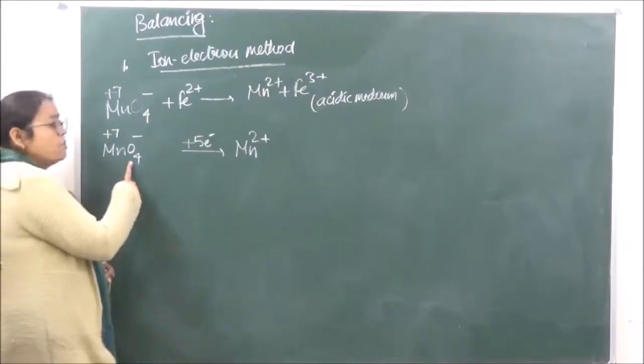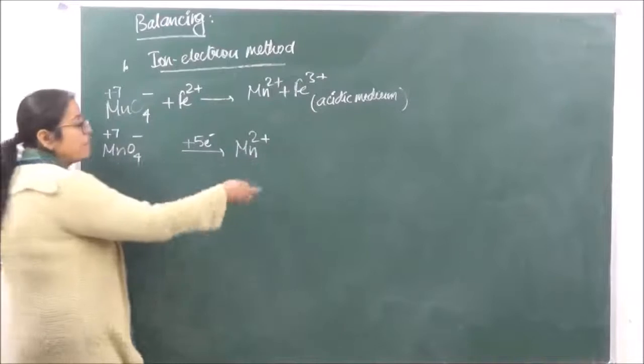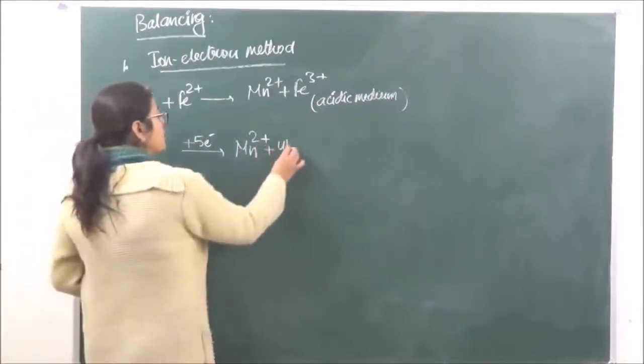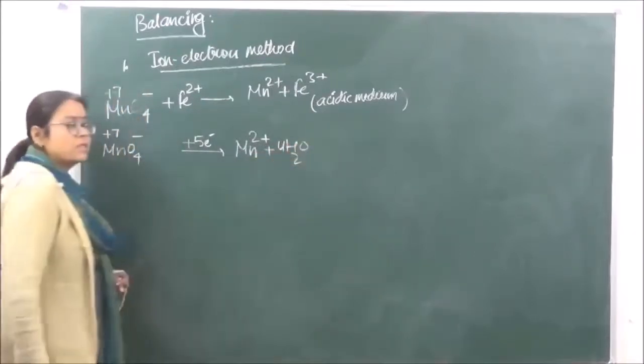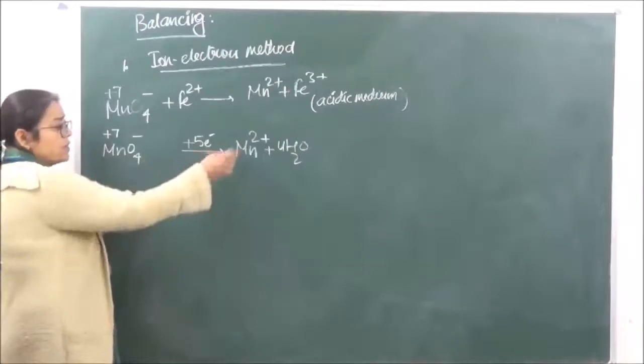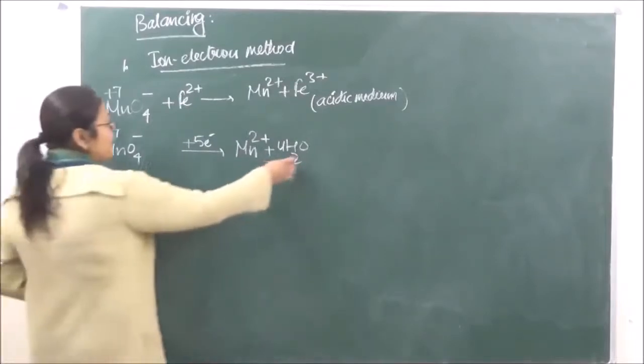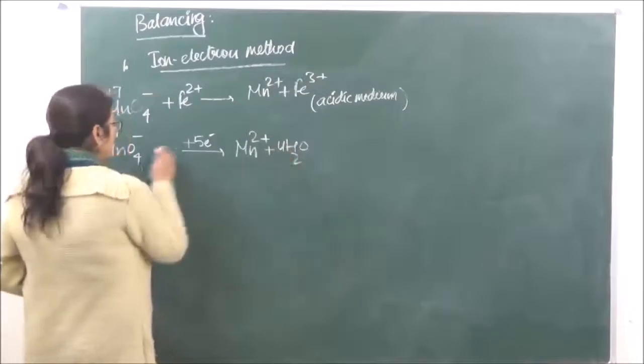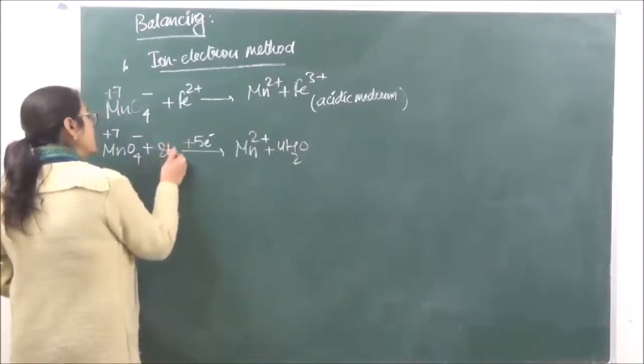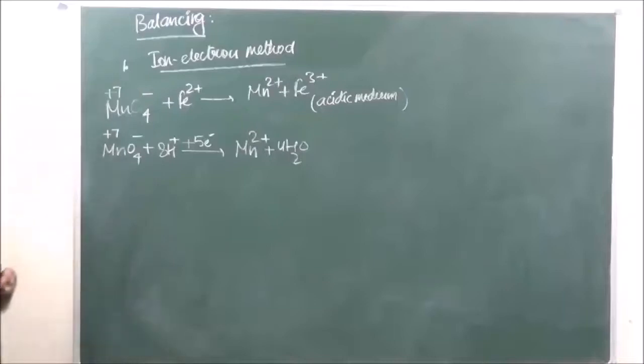In order to balance the oxygen, we have to put water molecules on the opposite side. There are 4 oxygens over here, so in order to balance the 4 oxygens, we put that many water molecules on the opposite side. Then finally we will balance the hydrogen. So 2 4s are 8. Hydrogen is going to come in terms of 8H positive. So this is a totally balanced reaction now. Okay? Then we balance the second reaction.